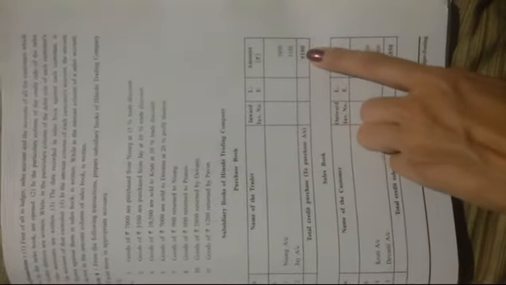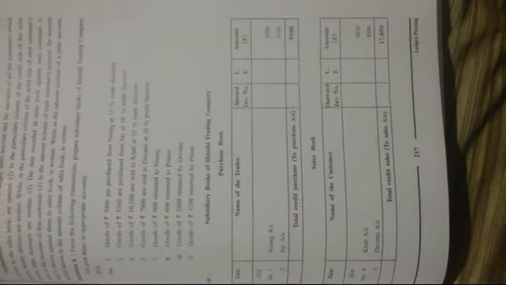So now we are finished with recording all the transactions in the various subsidiary books. So now what you have to do? You have to total all the subsidiary books. So make the total of the purchase book. The total would become 9,100. In front of that you have to write total credit purchase. In bracket you have to write to purchase account.